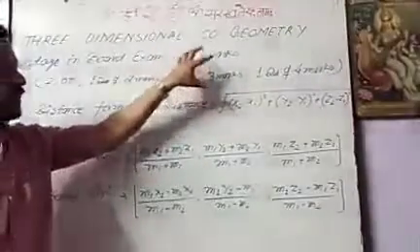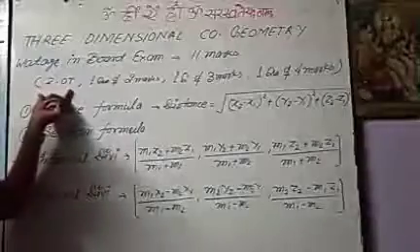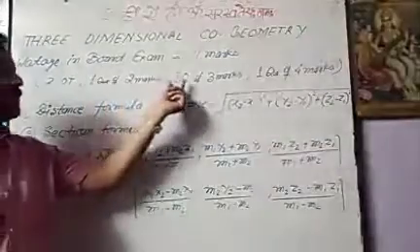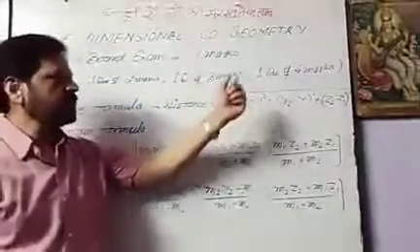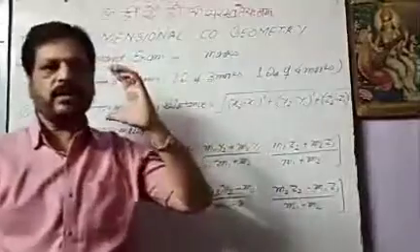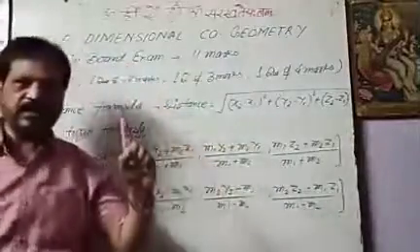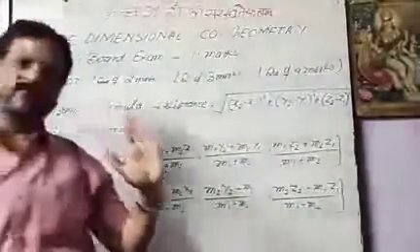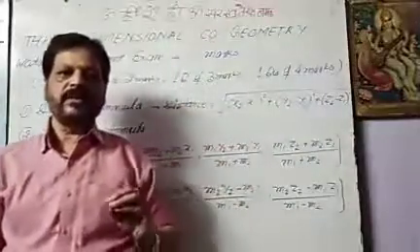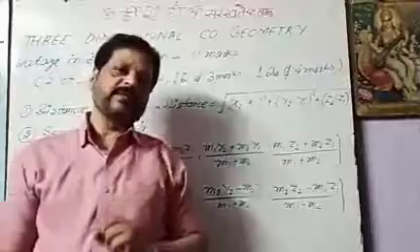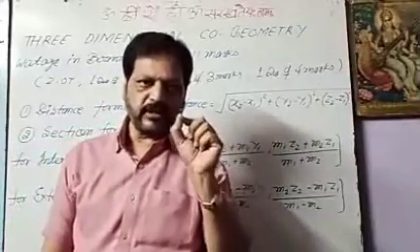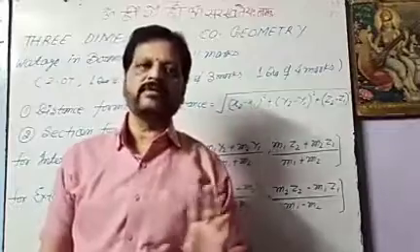The distribution of the 11 marks is such: two objective type questions, one question for 2 marks, one question for 3 marks, and one question for 4 marks. It means in this chapter we have to study every corner deeply, every minute thing is also important for the board examination.